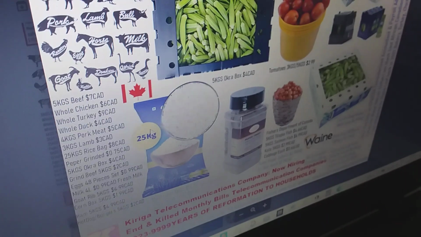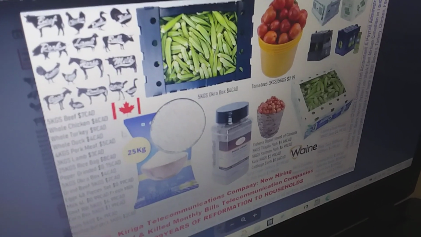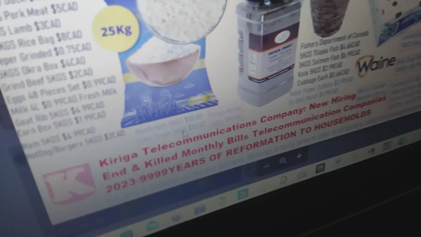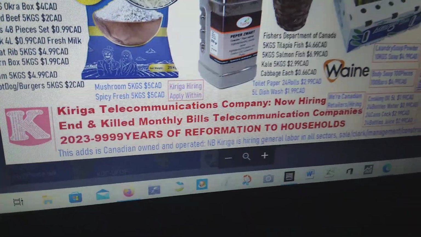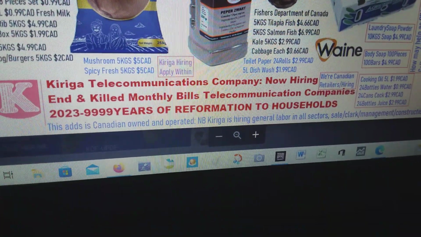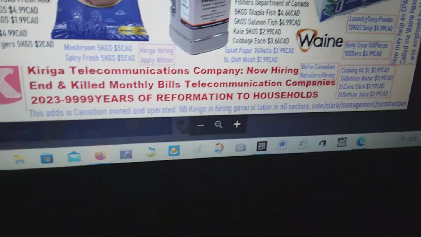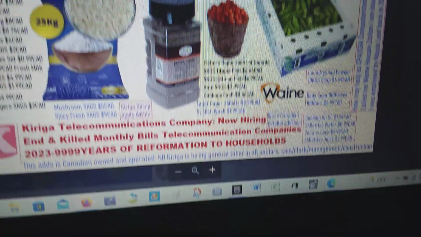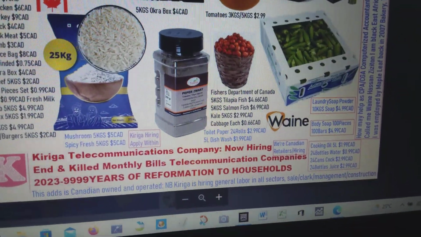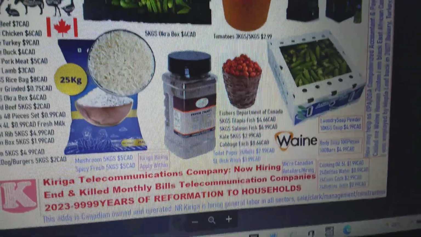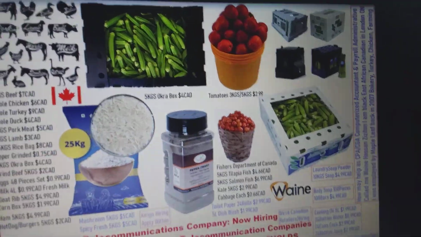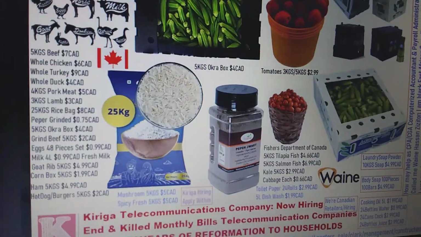Of course, we brought food prices low here. The food price is very low. This is owned and operated by Canadians. Okay, it's written somewhere right there. So you can see the offers are very low. The offers on those particular products are very low. So they are $2, $1, $2, $1, $4, $2, $2. The whole box is just very cheap, and that is Canada actually.